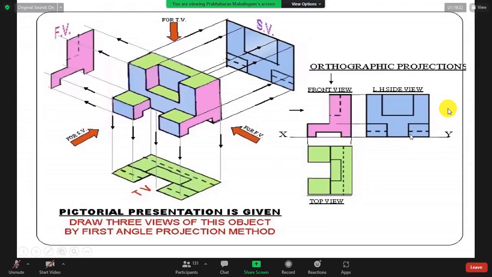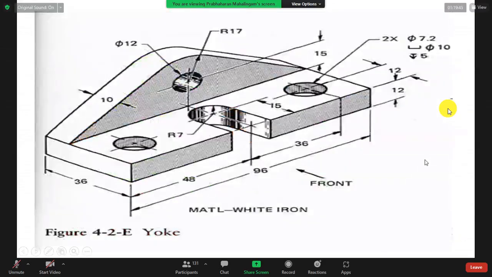Some parts are cut away, cut from internally. You see this is the part. So here also there will be one hidden line. Here also one hidden line is there. Right? These are the ways of drawing. Right? So now your work.